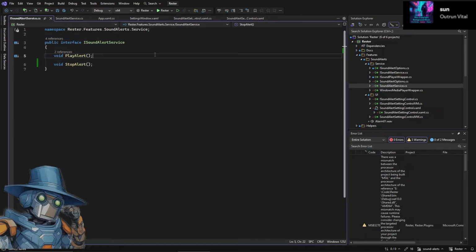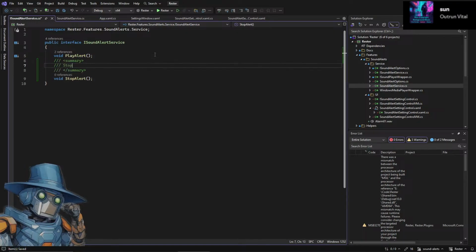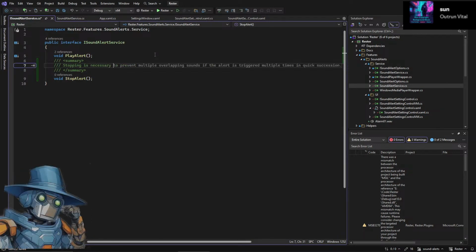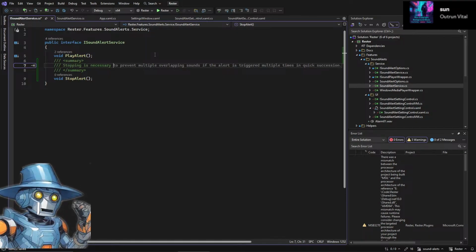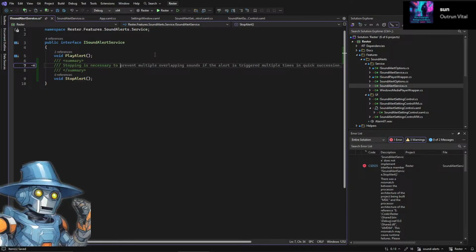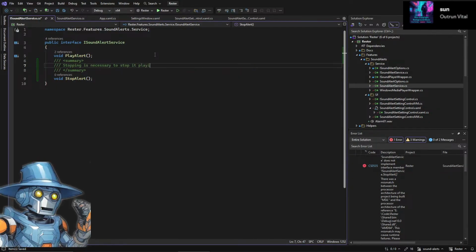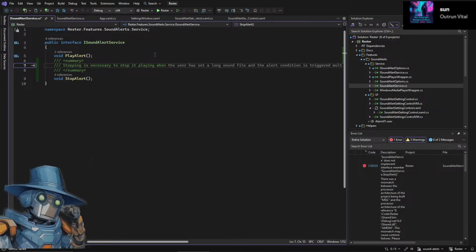Stop alert. Stopping is necessary. No, stopping is necessary just to, freaking auto completions, to stop it playing when